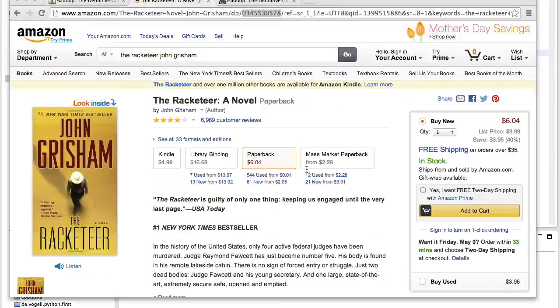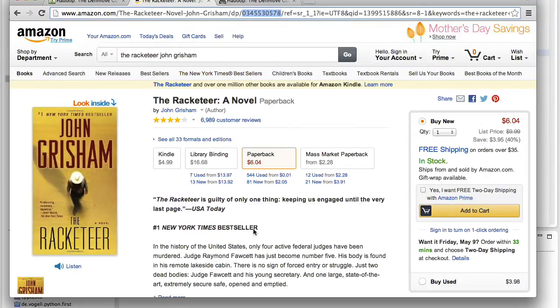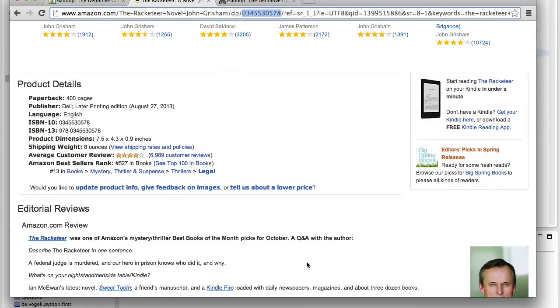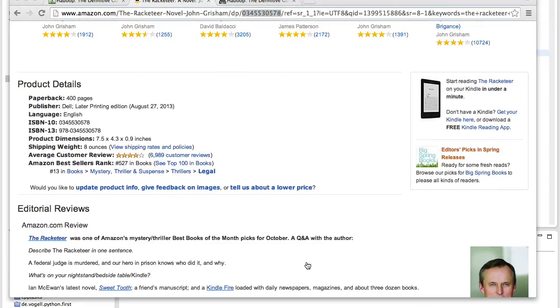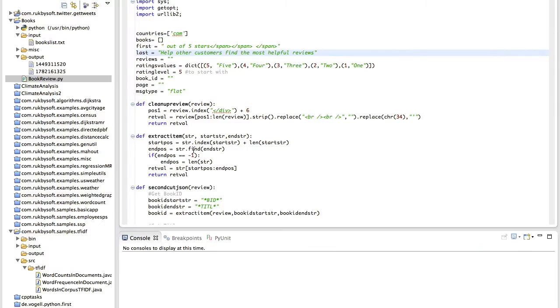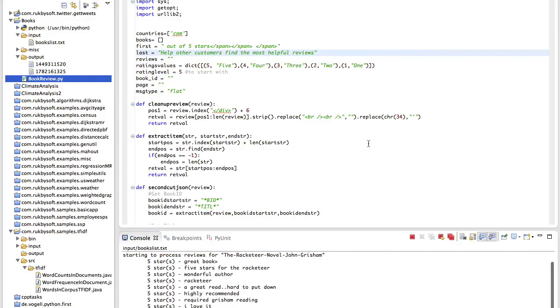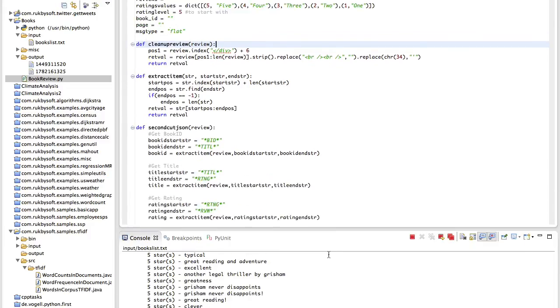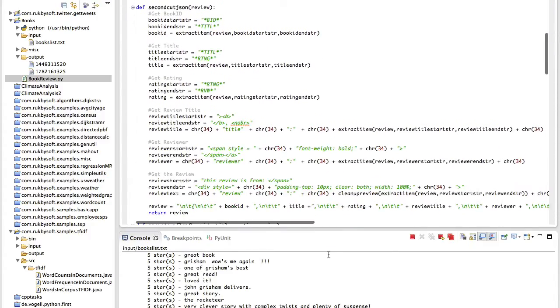Okay, so this is The Racketeer. As you see, there are a lot more reviews on it, and I've already entered the ISBN into the book list, so I'm going to run it against The Racketeer. And it started getting data, and while it's getting the data, I'll have you have a look at the actual